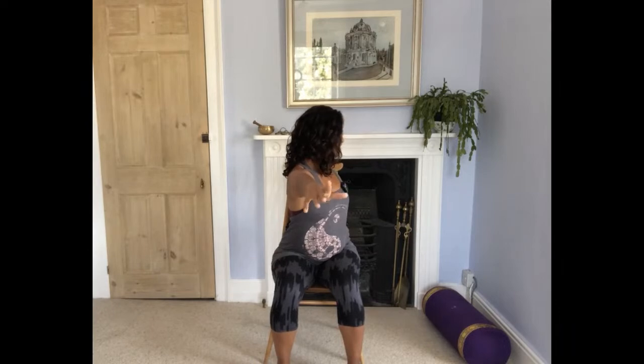Exhale and then take it the other way. Inhaling, making sure that you're supporting yourself with your hand either on the chair or behind you, or perhaps on your chair on the side. And then exhaling back to center. Good job. I'd like to come into a warrior pose today. So we're going to do a variation of warrior one pose,